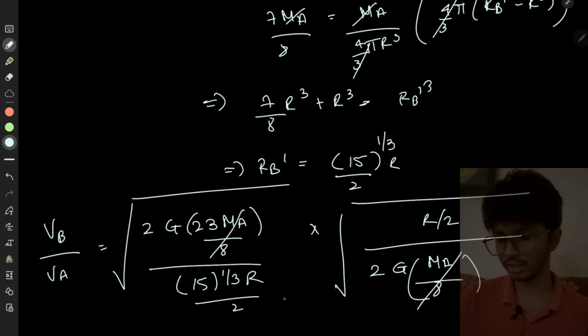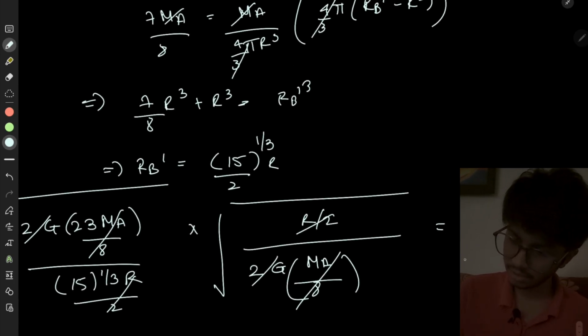So MA by 8 gets cancelled, R by 2 gets cancelled, 2G gets cancelled, and we get this to be equal to